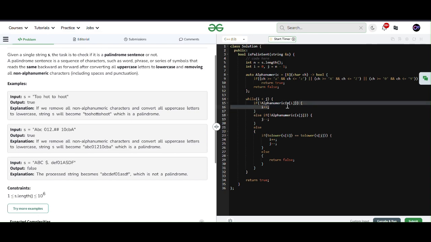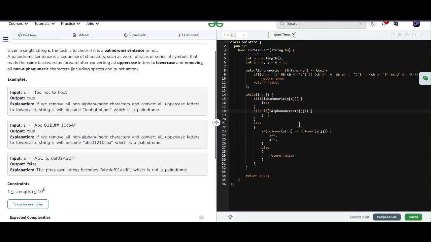I check the character at the first index. If it is non-alphanumeric, then I will skip it. Similarly, if the character at the jth index, meaning the last index, is non-alphanumeric, then I will skip in that condition also. If we get to a point where both characters, the ones pointed to by the first and the last indexes, are valid,